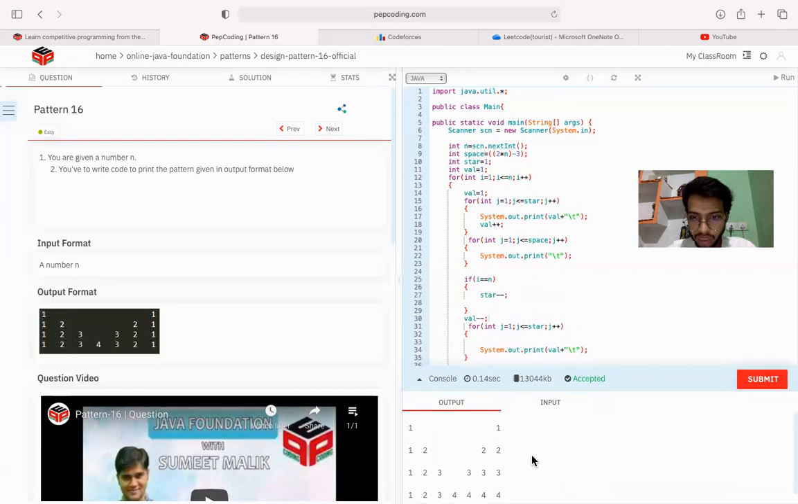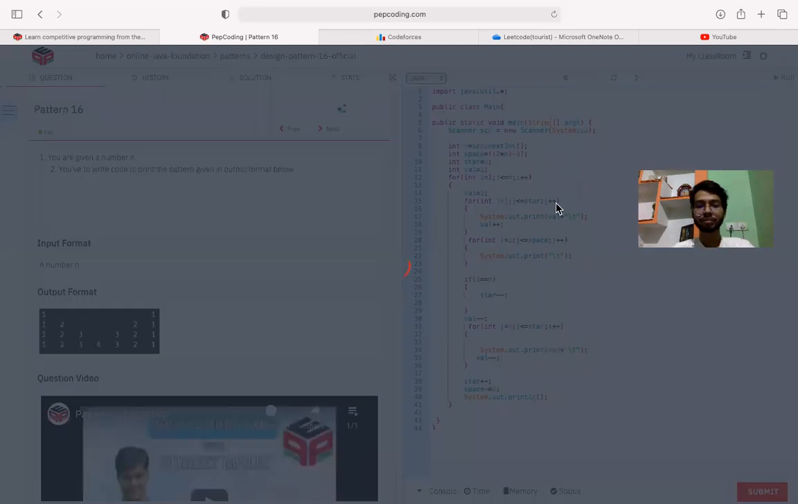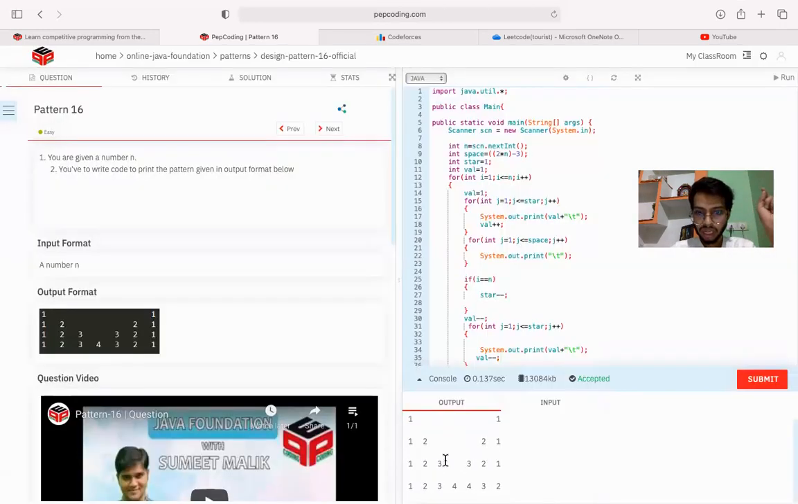Actually it was working fine, but here we are having some issues. For the 4th line, that is 1 2 3, I just need to do it from here. For example, what I need to do is decrease the value here. So now it will work fine, I think, because firstly that is 4 3 2. Okay,